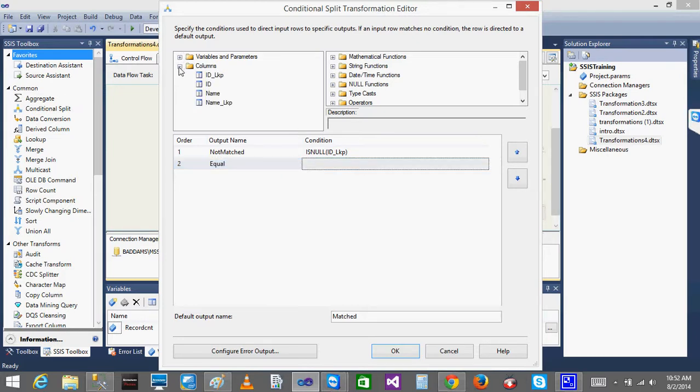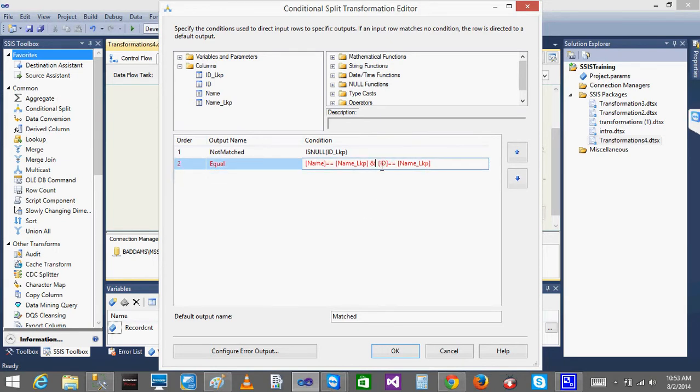So for that purpose, this name equal to this name, and at the same time that ID should also be equal. I'm mapping that this name and this name are equal. At the same time, this ID is equal to this ID.